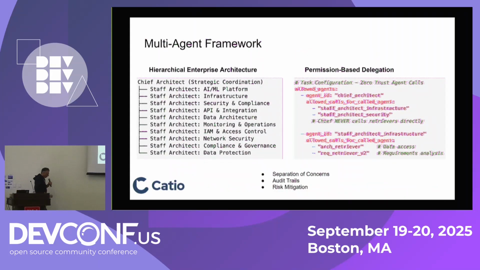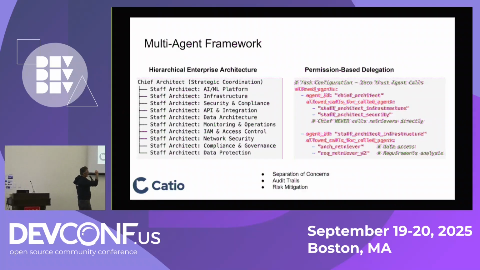I mentioned our multi-agent framework. So what are these magical agents that I'm talking about? Our multi-agent system really, in a sense, reproduces how decisions get made in a typical enterprise architecture team. You have a chief architect agent who will direct and coordinate and task different architects with some tasks. And we have a number of staff architects who are very, very specialized in a particular domain, and they get tasks very specific to that domain. And there's a lot of collaboration and coordination between them,